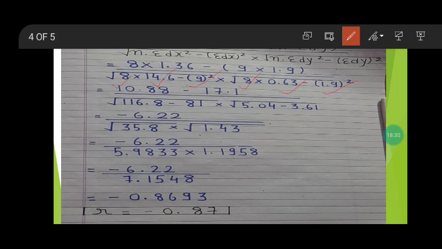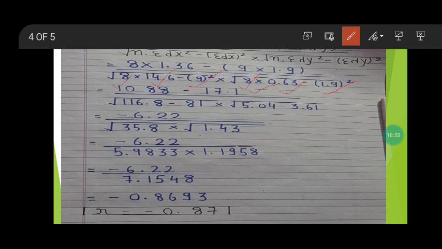Now what we have done, we have put all the values in the formula. Now what's the next step? We just have to make the calculation. So here 8 into 1.36 would be 10.88. Then minus 9.19, it would be 17.1 that we have written here, upon under root 8 into 14.6